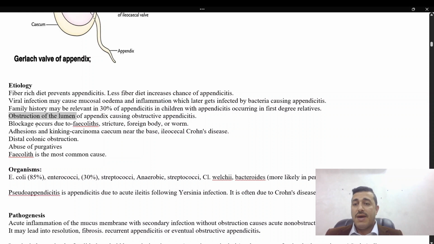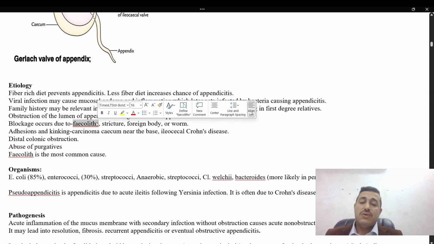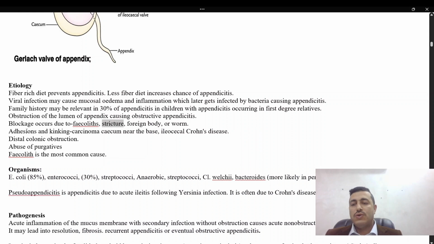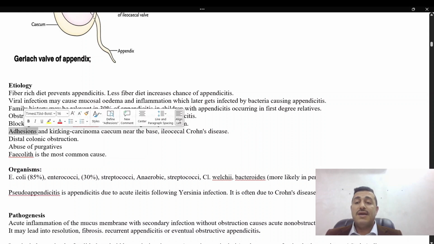The obstruction can be, as we said, due to viral infection causing mucosal edema, so the valve will close and we will have obstruction. But it could be a fecalith, a type of stool material. Feces can block this lumen, and this is the most common, by the way. Stricture, foreign body, worms, these all cause obstruction. Adhesions, kinking of the cecum,